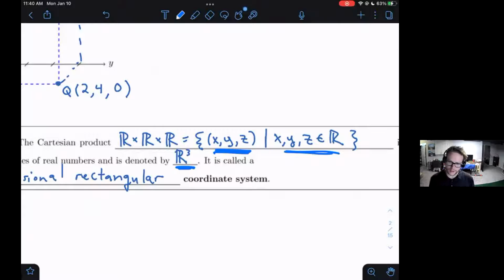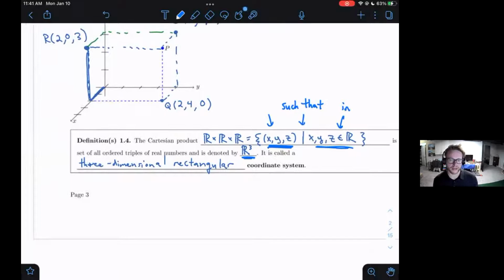So this right here is called set notation. This straight up and down vertical bar here usually stands for such that. The first part of set notation tells you what the elements in the set look like, and then the second part tells you any restrictions. So again, this first part is telling you these look like ordered triples, right? Inside of parentheses, all that sort of good stuff. And then after that, the conditions are that X, Y, and Z, these components, are all in the real numbers. This right here means in the real numbers. So that's the standard three-dimensional rectangular coordinate system.